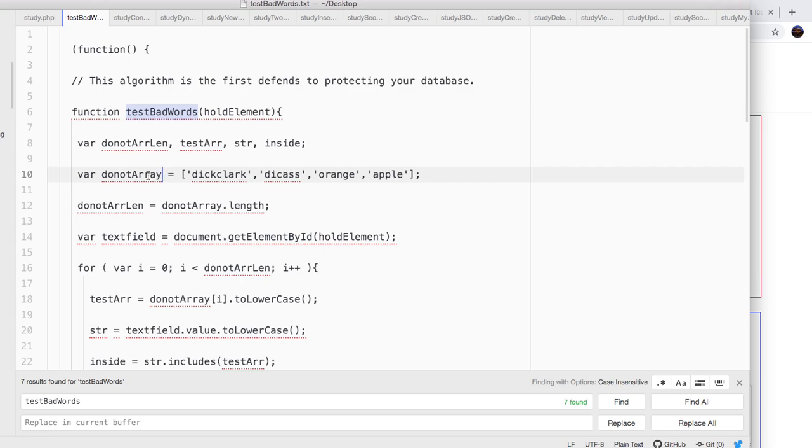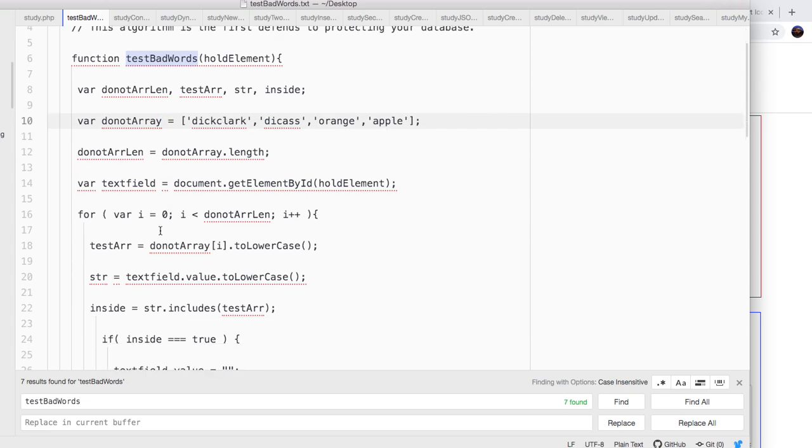Then what happens is the bad words array. This is the name of it, and then you create another variable. Now you can actually create a variable like this too without the var. Then you take the bad words array, which is an array, and I want you to give me the length. Right now it's 1, 2, 3, 4. This will be 4. Then it creates another var, right? And then it gets the element from that